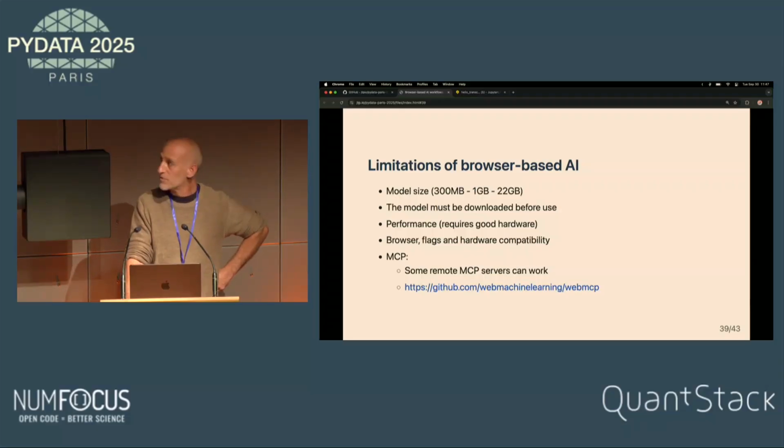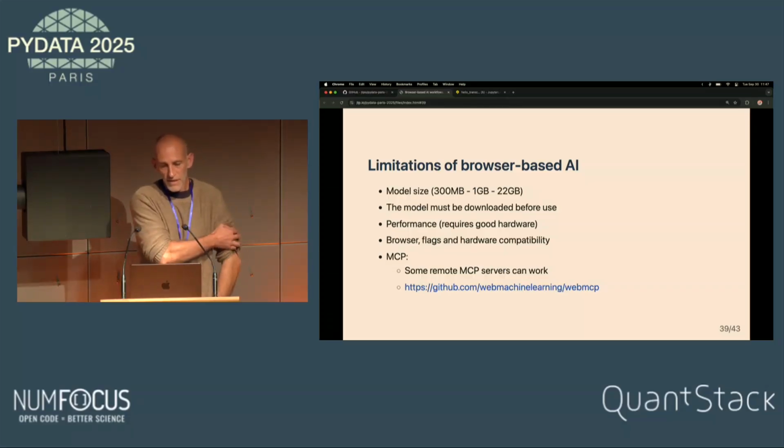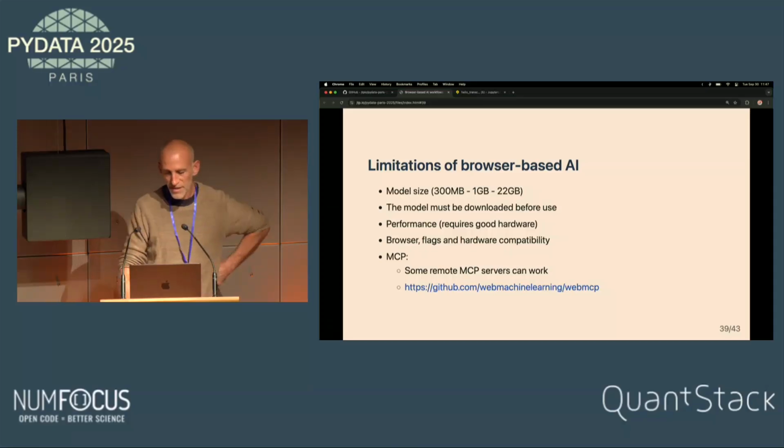It also requires some good hardware to be really usable. Also, there is some MCP server that can work with it, which is quite good, and so it should get better in time.